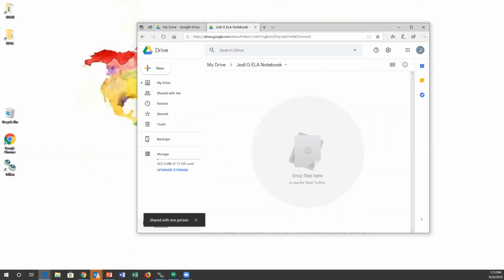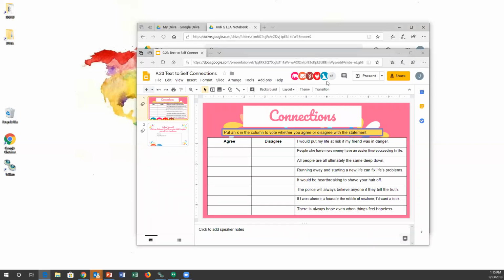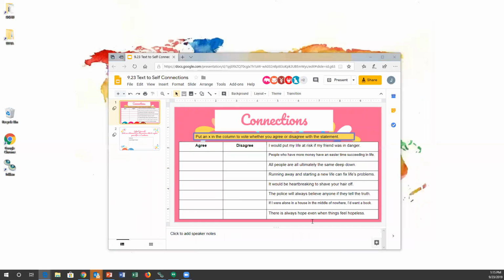Now, how to actually open up a document. Each time you have an assignment to do, you'll get a link in class and it'll probably get posted to the home page as well. It might look something like this. This is our first activity in Google Drive. Now you'll notice that you can't actually work in here, and that's because I only shared the file to view, not to edit. So what you have to do when you open this link is you have to click File,